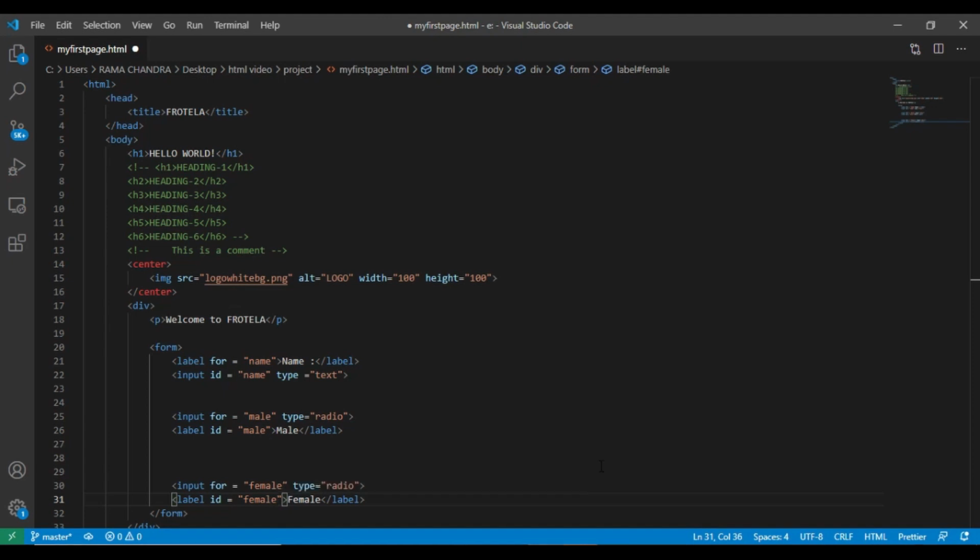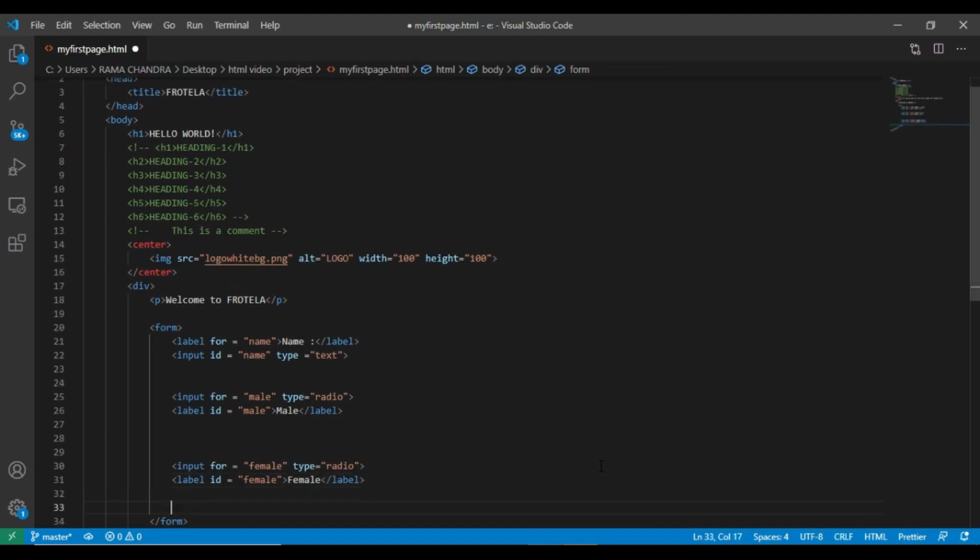Now let's create a submit button. The submit button is also a type of input element. So let's take an input tag of type submit.